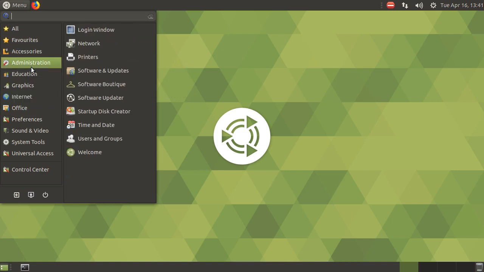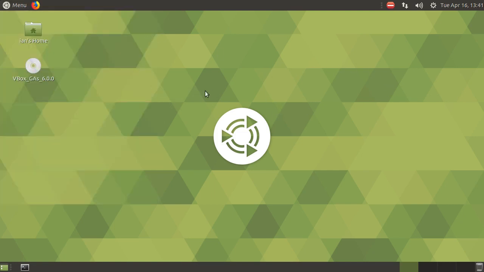But yeah, if you're used to Ubuntu, you'll be used to this because they even have the normal software and updates and the software updater. They have pretty much all the same stuff. So you'll be really used to that. The only thing you'd have to get used to is the menu, and that's pretty much it. For some people, you may have to get used to the workspaces down here and stuff.